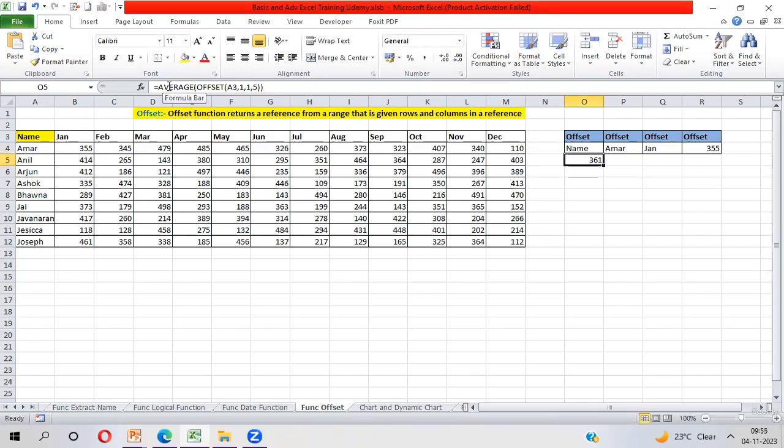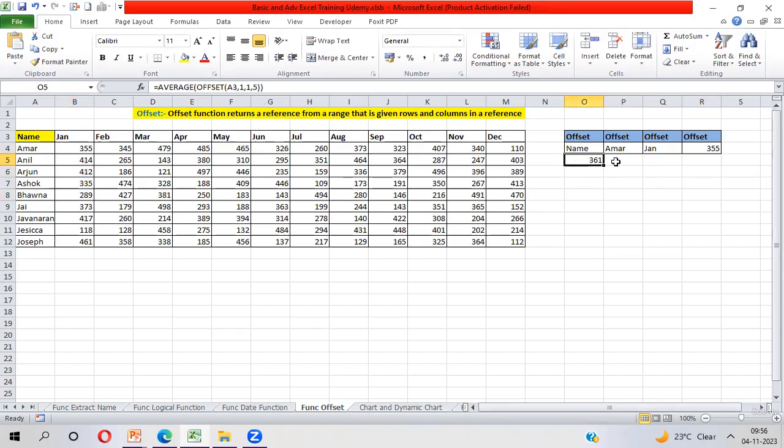Enter. So now these four parameters are making a range, but these three parameters create only a single cell reference. This is a range from B4 to B8, and you are getting the average value. If you select it, your average value is 361. You can see this is your output, which is matching.